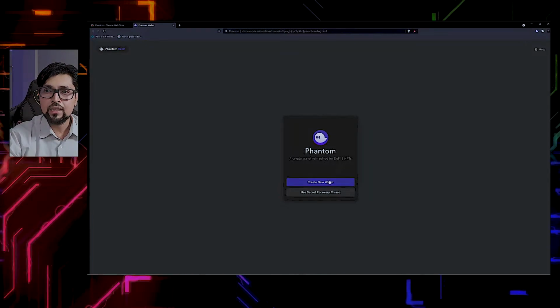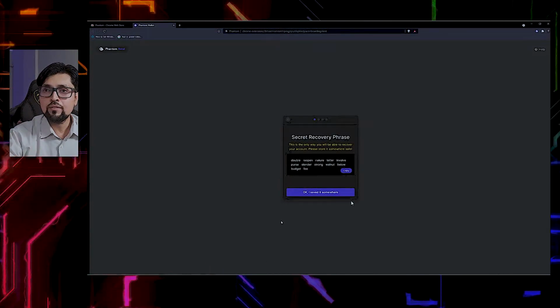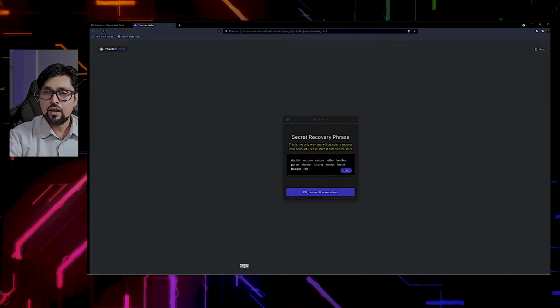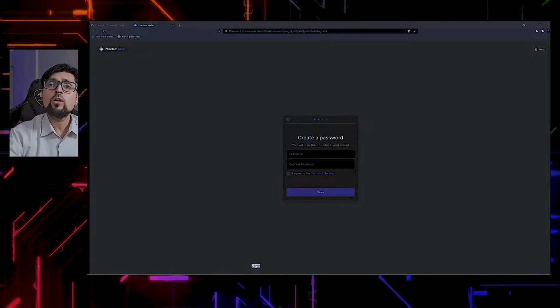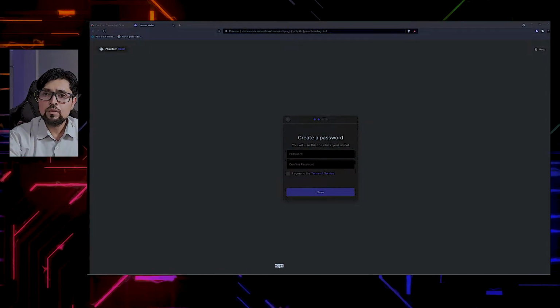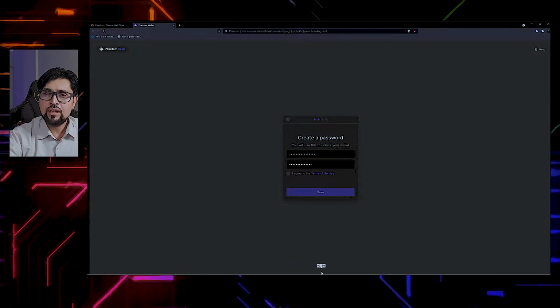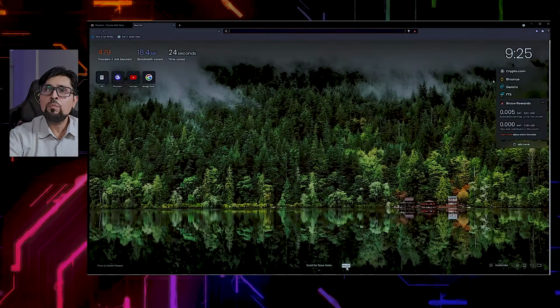And we'll be creating the Phantom wallet. So click on create. This is your recovery seed phrase. Write it somewhere safe. And after writing, put a password, a strong password actually, in order to access it. So once the password has been put, agree to the terms and conditions and save it. That's a shortcut key. Open the wallet now.